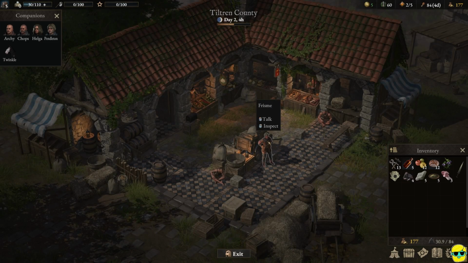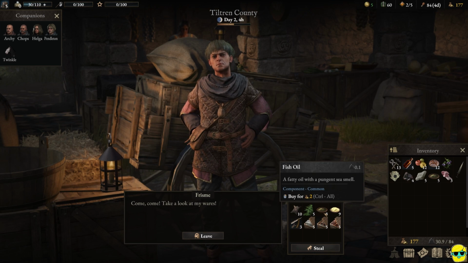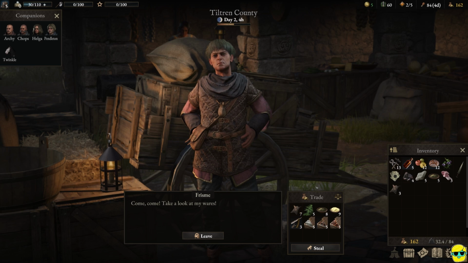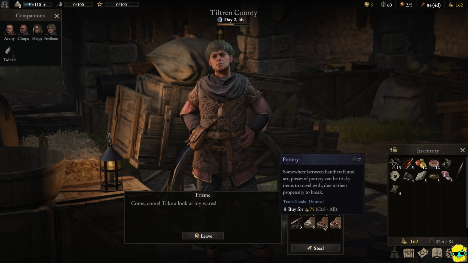And then there's Frisme, who you could talk to. Take a look at my wares. And he sells trading wares, and you could see he actually sells fish oil, but for full price. But you could buy leather from this dude, which is really, really useful because you want it for crafting. So, for example, if I buy like 3 leather, he also sells grease, a barber kit, and then these items here,